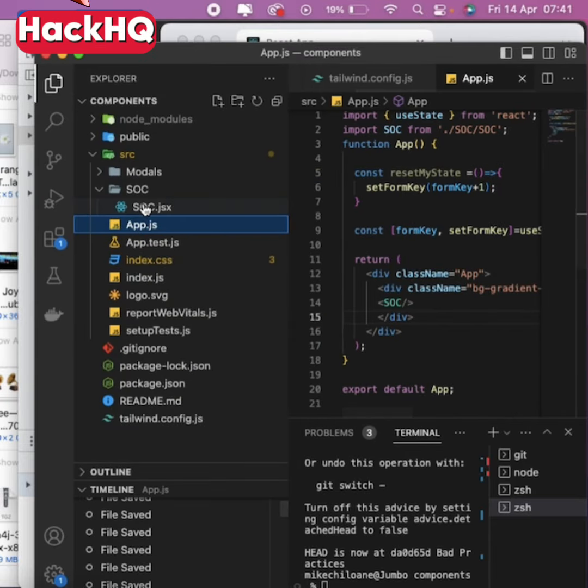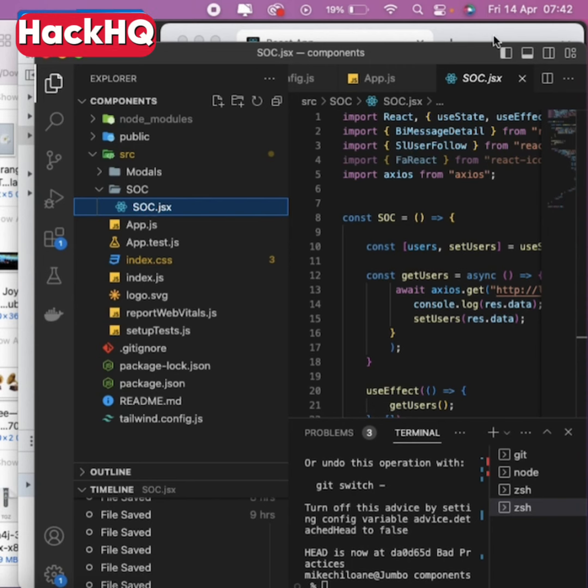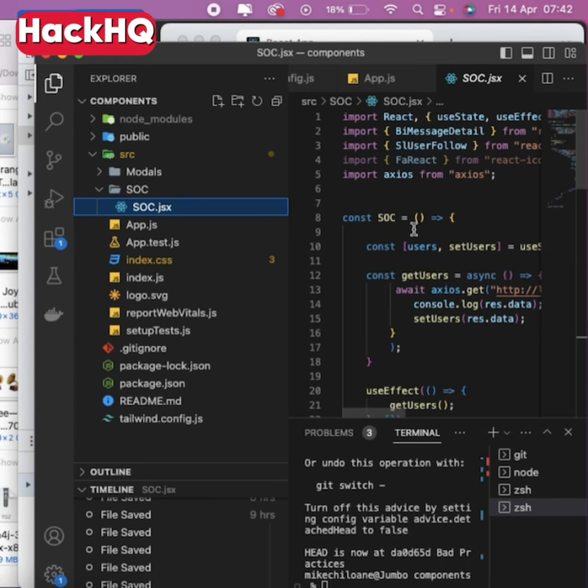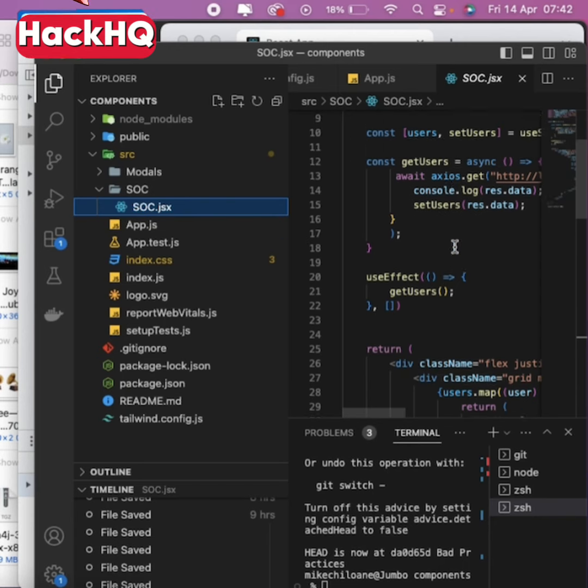Okay, let's get started. Here we have this React application showing these four cards, profile cards for the Joe Doe family and the Smith family, and here's the React application doing just that. We have the get user